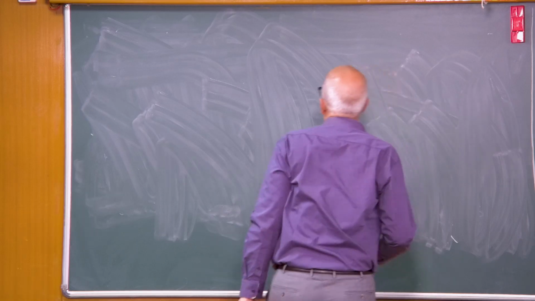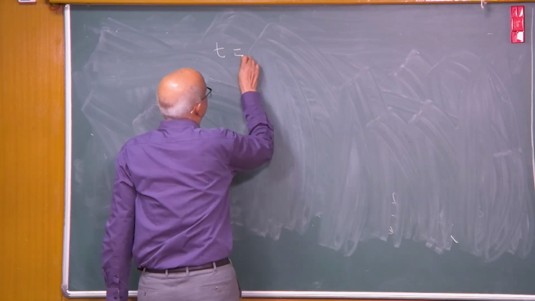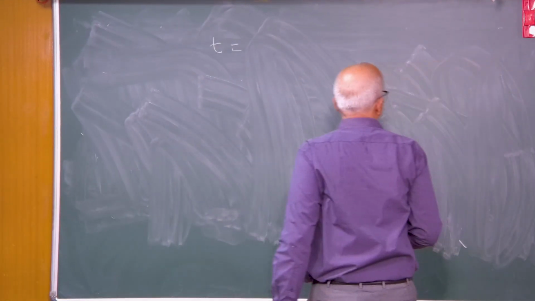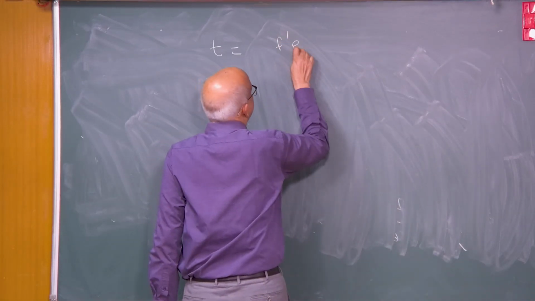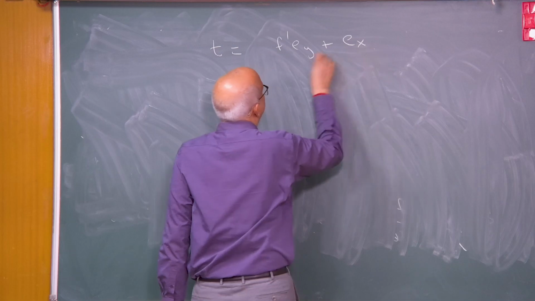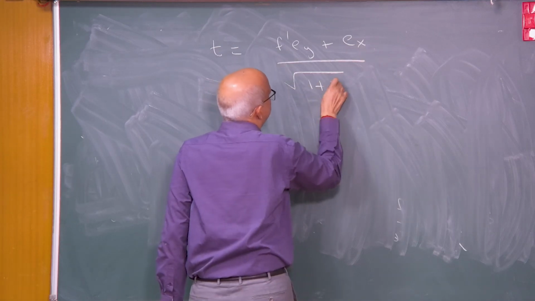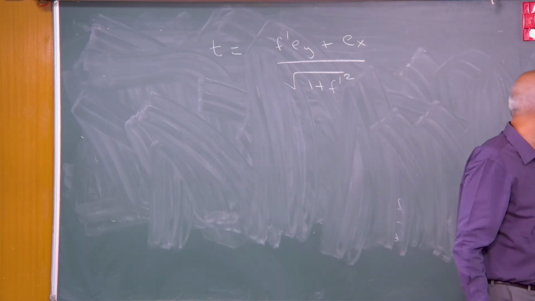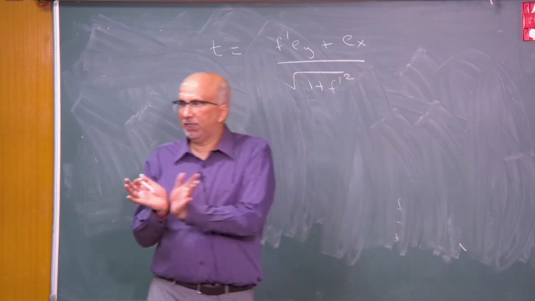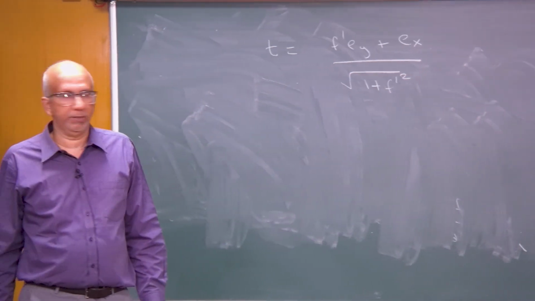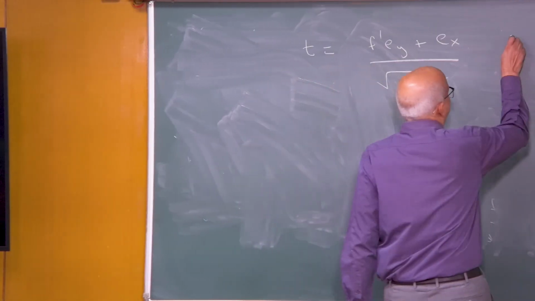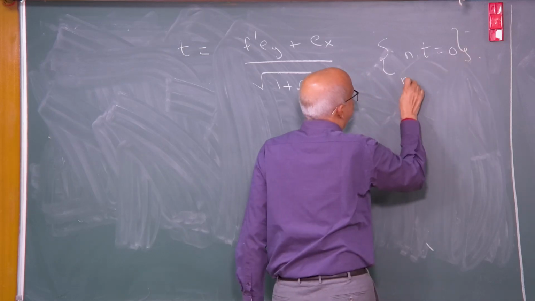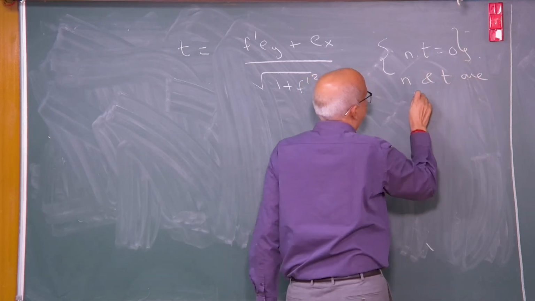The tangent is going to be perpendicular to this. So, I am going to say it is equal to f dash Ey plus Ex, divided by the square root of 1 plus f dash squared, right. I put f dash here and a plus sign here; you take the dot product of these two, n dot t has to be 0. I am just looking at it because in the 2D problem I can do it easily. n dot t must be 0 because n and t are perpendicular.